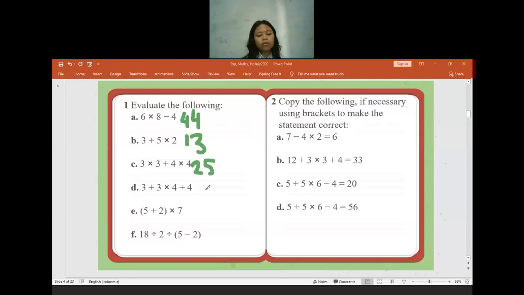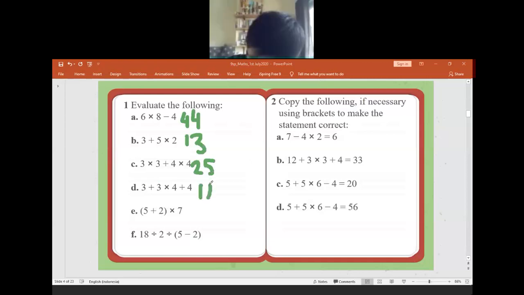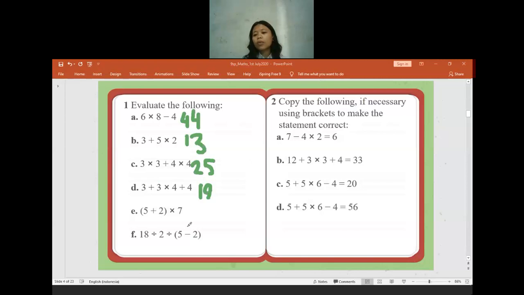19? Okay. Well, if you get confused, please feel free to ask. If you got a different answer when you tried, it's okay to ask. Okay, if you have no difficulties, what is the E? 49. How many? Yes, it will be 49, teacher. Never mind. We do the bracket first.